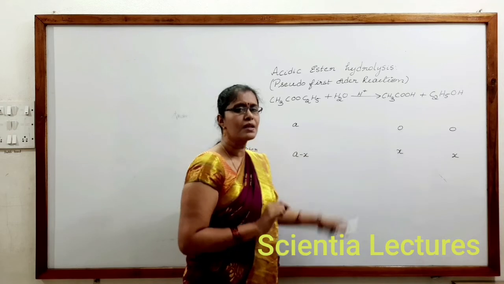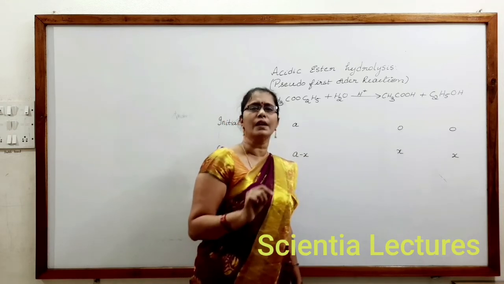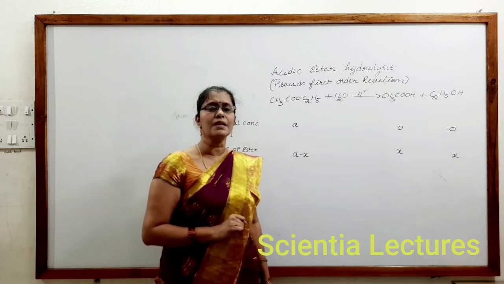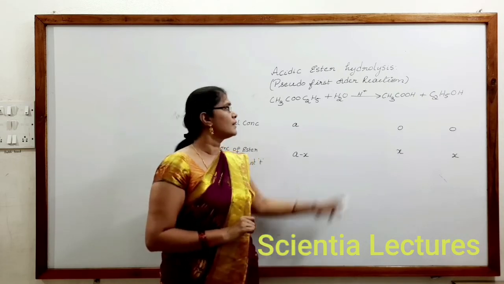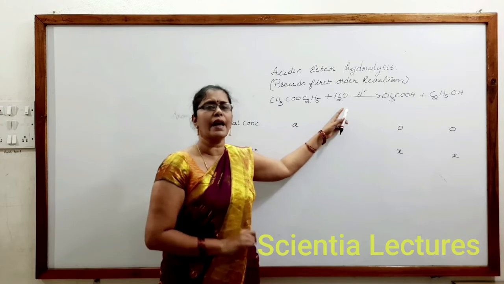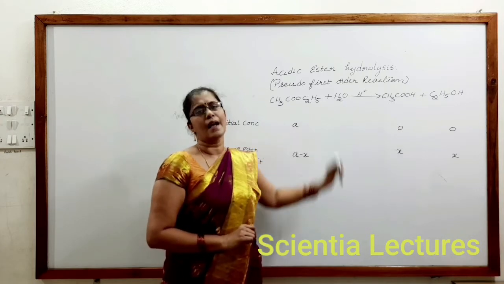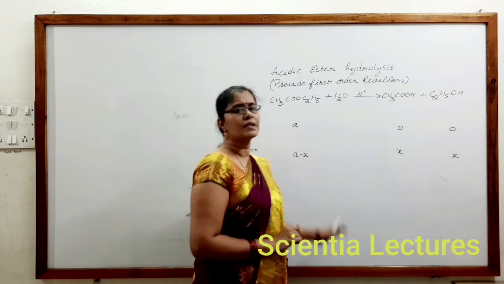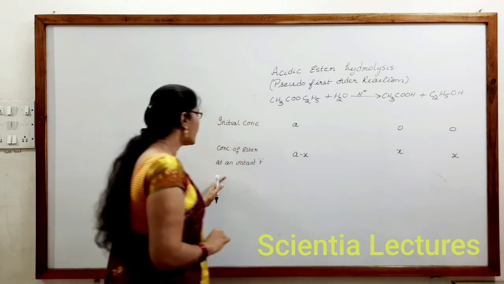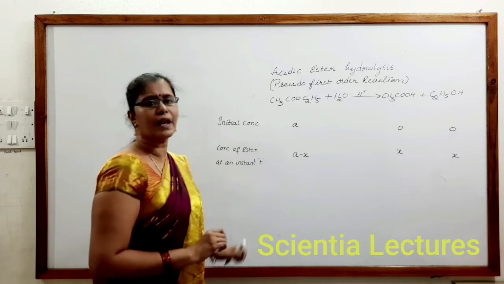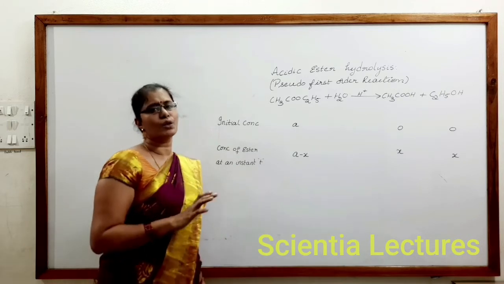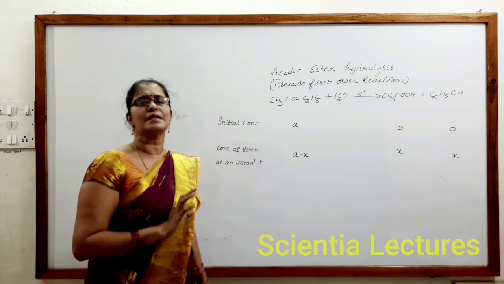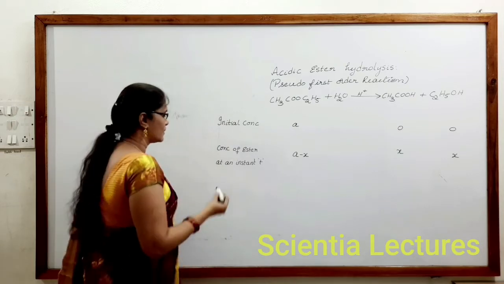It is a substance which alters the rate of reaction, but its chemical composition does not change, and is called a catalyst. Here the catalyst is an acid. Remember that its chemical composition does not change initially, or at an instant T, or at infinite time. The concentration of H plus would not vary. It increases the speed of this reaction.